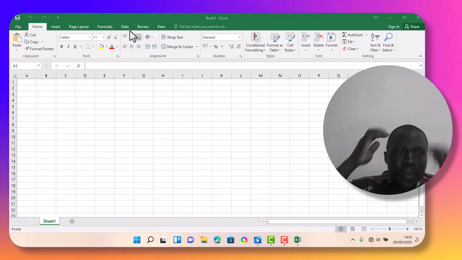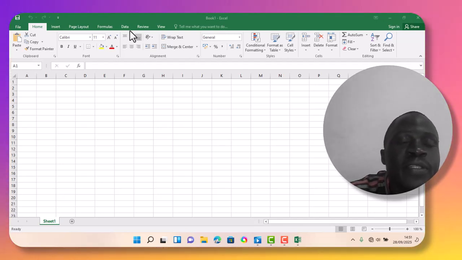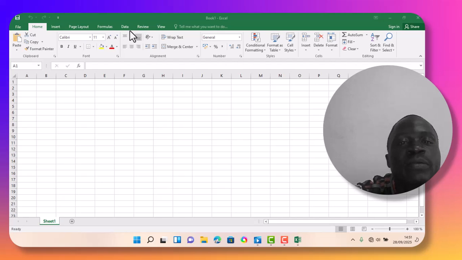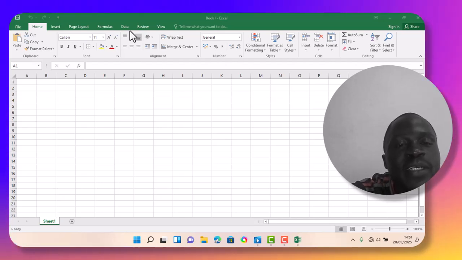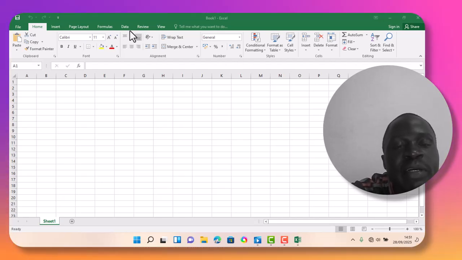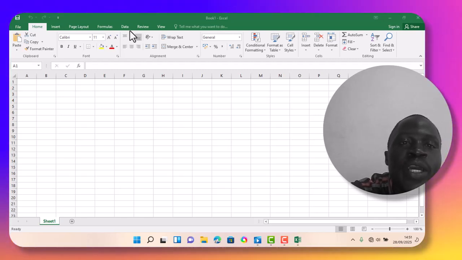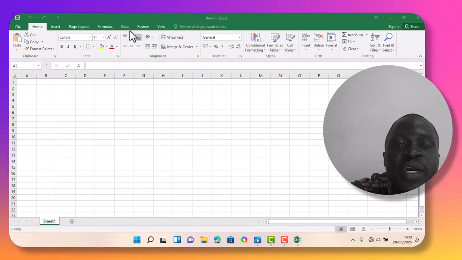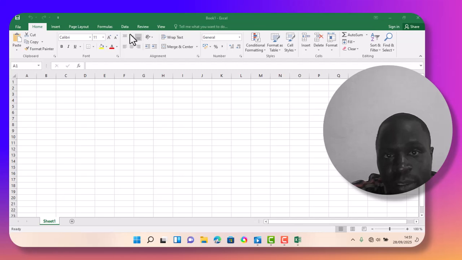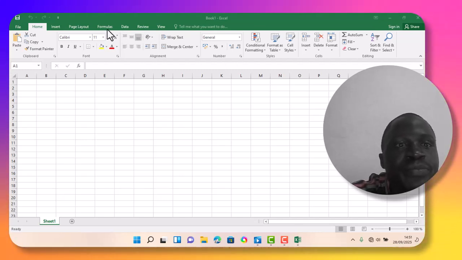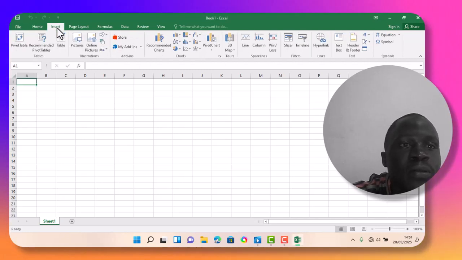Excel is mostly used in analysis of data, maybe after carrying out a research, because it gives you a variety of options into which you can express your results. For example, you can use, here we have